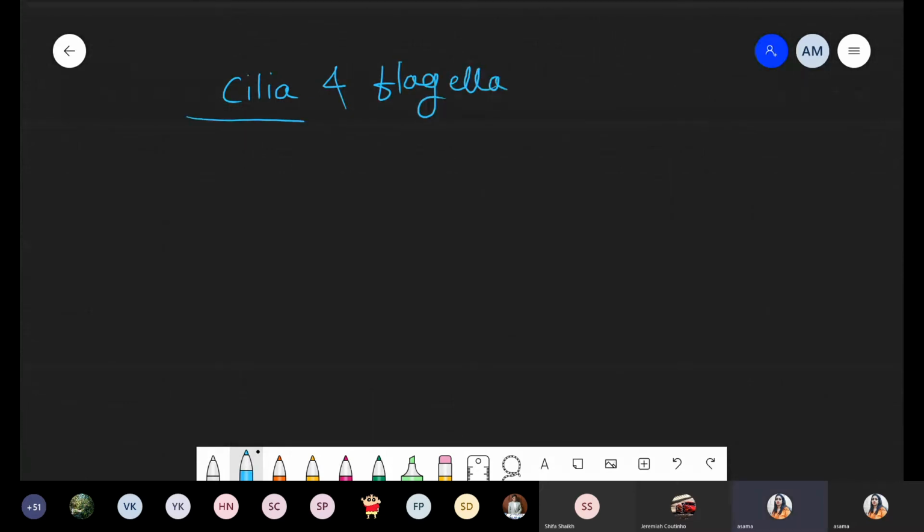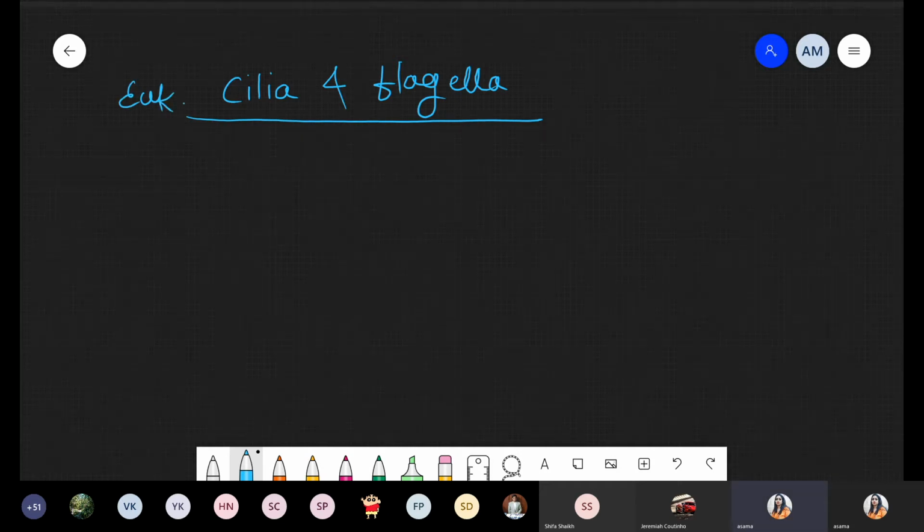So we are talking about eukaryotic flagella, not prokaryotic flagella, because we discussed that prokaryotic flagella show 360-degree rotation, while eukaryotic flagella show 180-degree rotation. For the movement of flagella in bacteria, there is no requirement of ATP, but in the eukaryotic system, flagella require ATP for their movement. So we are talking about eukaryotic flagella, got it?